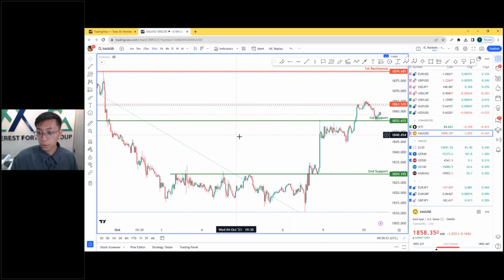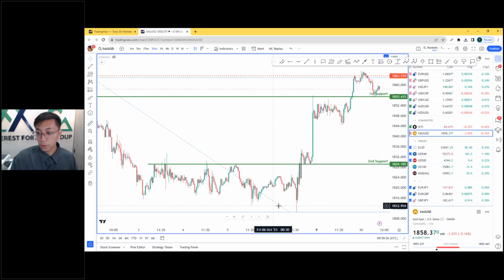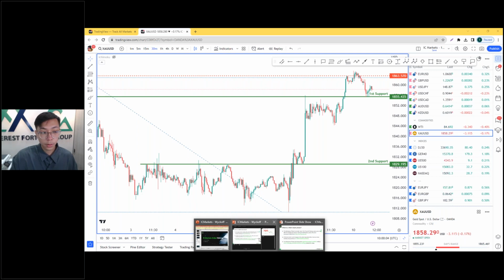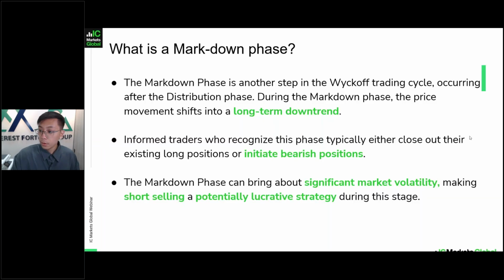Right, so somewhere here you can see there is Wyckoff during this period. Then after the breakout, this is your push upwards. Okay, so let me just go back to the slides. Okay,